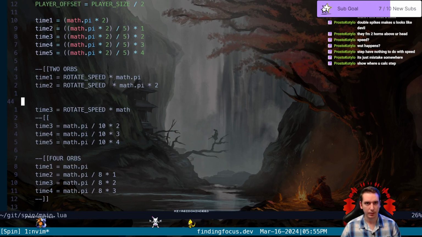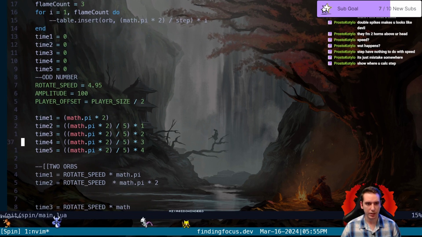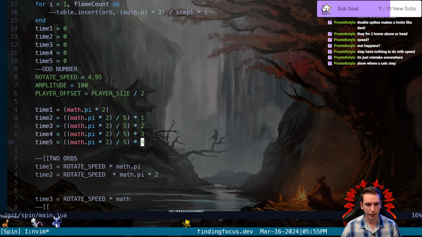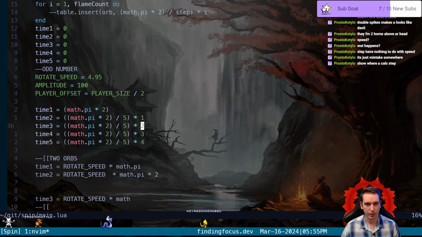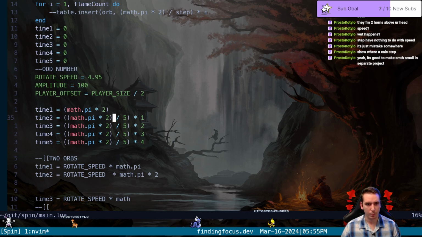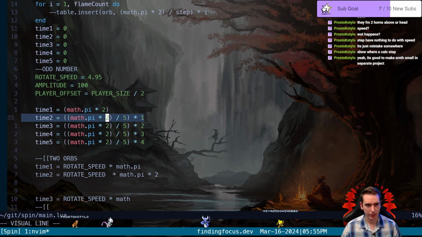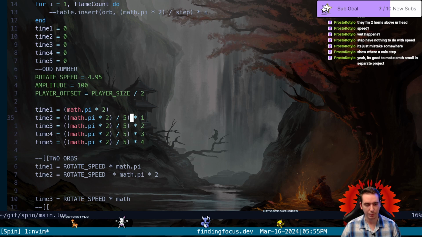Well, we're not calculating step just yet. We're kind of manually putting it in right here. So the first orb gets pi times 2. Second orb is times 1. Oh, well, yeah, our first orb is just here, and then our second orb is divided by the step of 5, or I guess I don't know what we're making